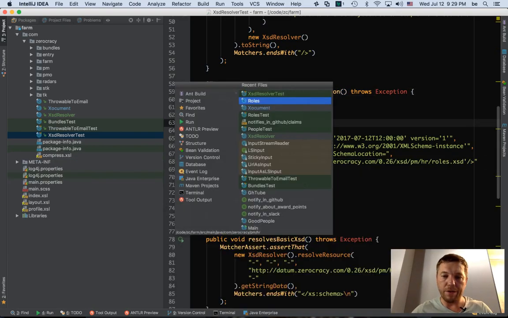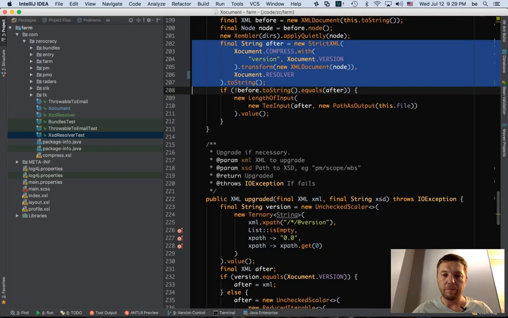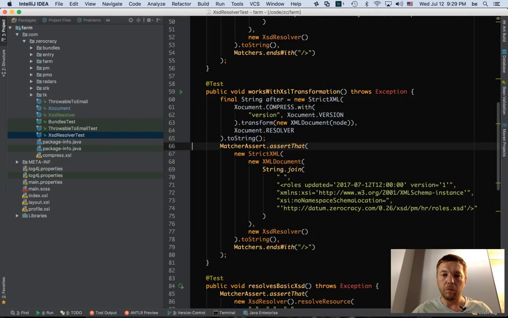Okay, what happens there is this. I'm copying that. This is what happens. XML compress with version transform new XML document.